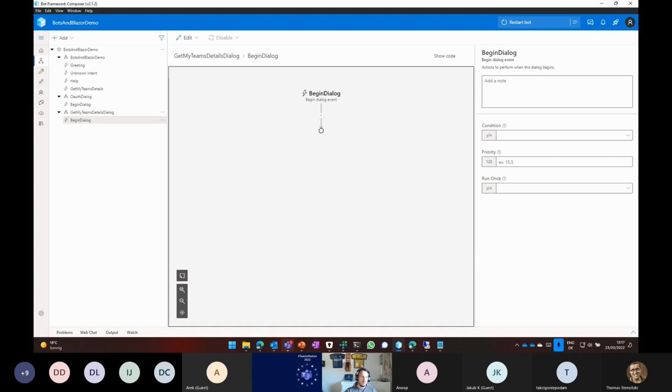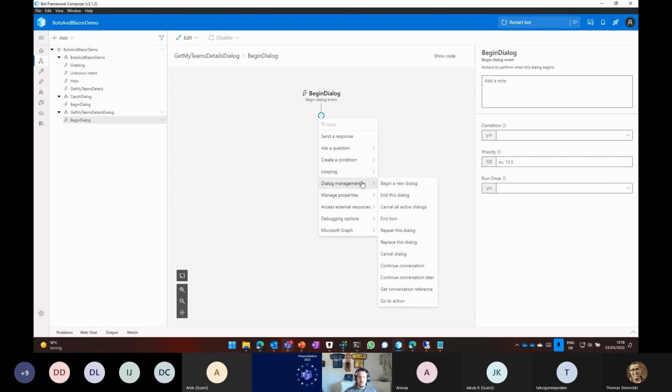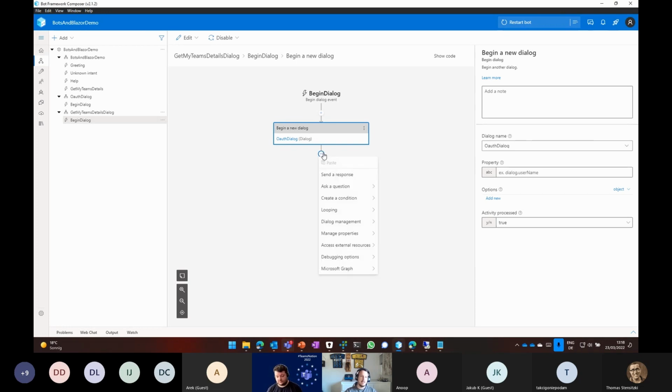And the output we want to achieve is to send out an adaptive card, which contains at least the user's display name, the user's email, for instance, and the count of teams the user is a member of. But the first thing we need, obviously, is to know who that user is. So we need to, again, make use of the already added OAuth dialog to make sure that if the user is not logged in, the OAuth login dialog will trigger, the authentication flow will start, the user needs to log in and authenticate, and then we can go ahead, because by then we have all the necessary details coming from our Azure AD app registration, which is the authentication token, which is a bearer token, to, for instance,